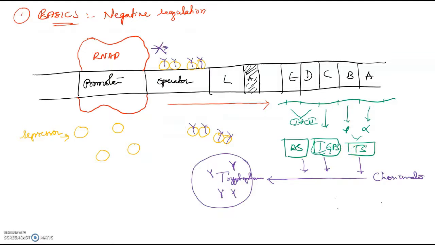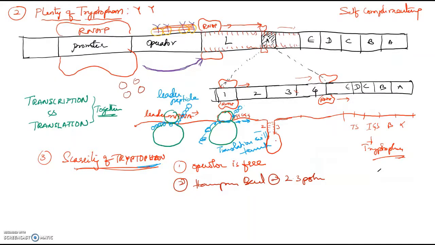Basic is whenever there is a lot of tryptophan present, it will come and bind with the repressor molecule. This will come and bind on the operator and it will prevent the RNA polymerase from going further. Suppose the RNA polymerase has jumped somehow and it has gone further. What happens is at the attenuator region, there is formation of a hairpin bend at 3,4 which will prevent the RNA polymerase from going further. So two mechanisms will act. One is the operator will be blocked and second is attenuation because of the hairpin bend at the 3,4 region.